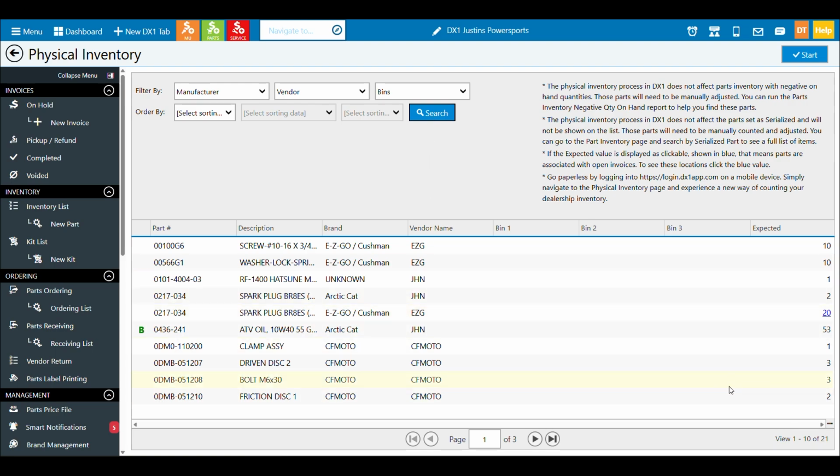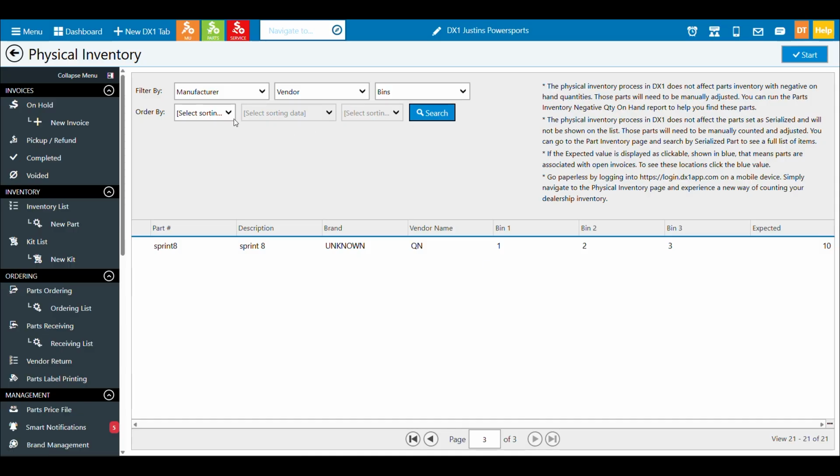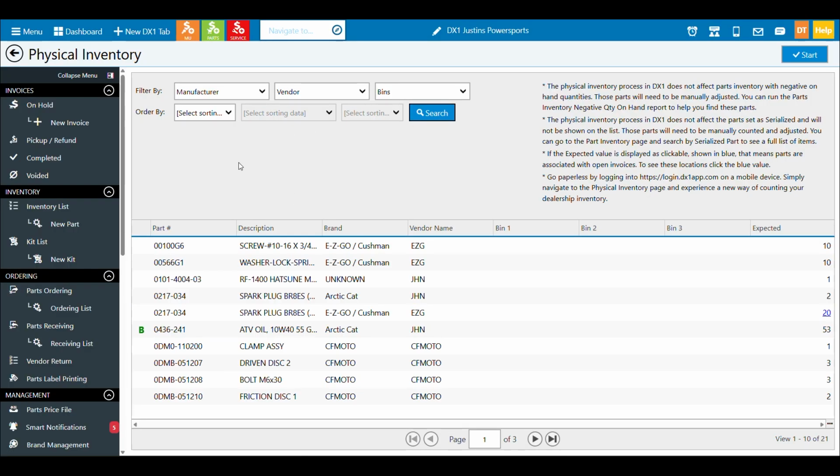I'm going to get a list of pages with the different parts and the different vendors. I could decide how I want them to show in the list here using our drop downs. So I can say, why don't you show me by part number first, and then let's go brand, and it'll search and get them sorted that way. And then I could do a full search.